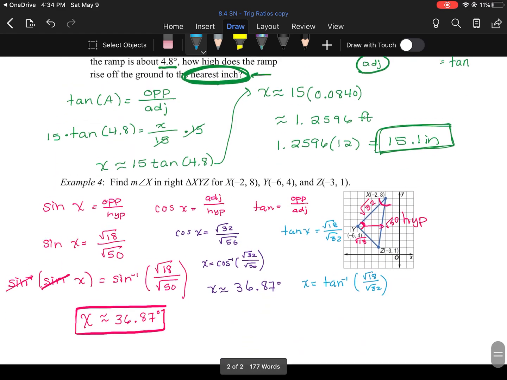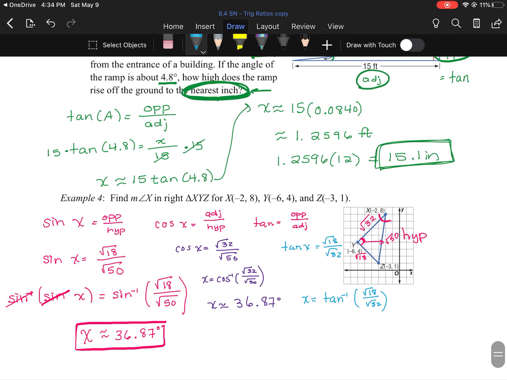Now type that in the calculator. Second tangent, square root of 18, hit my right arrow button, divided by the square root of 32, right arrow over, close parenthesis. We get